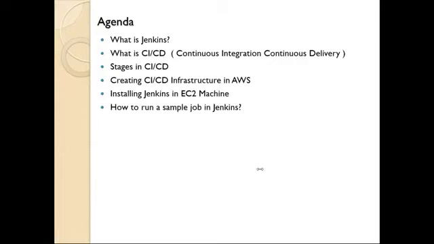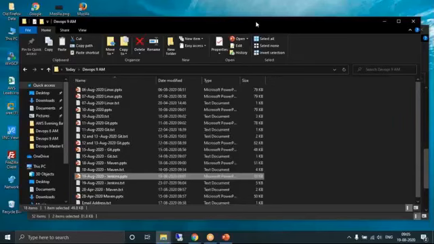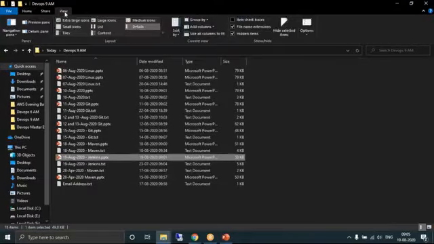Now in the folder settings, you should select an option. Look at this, I'll show you. In View, the file name extensions option should be selected. Then you can see .ppt or .txt.